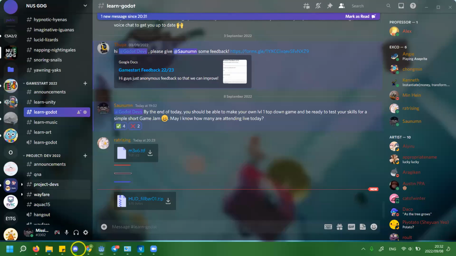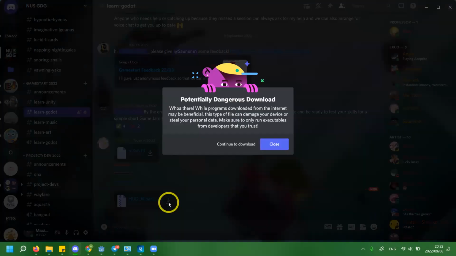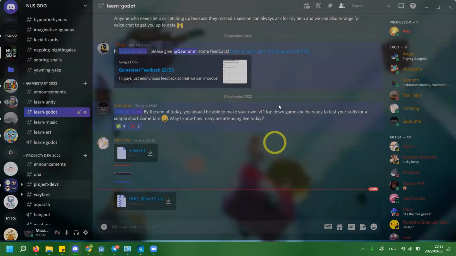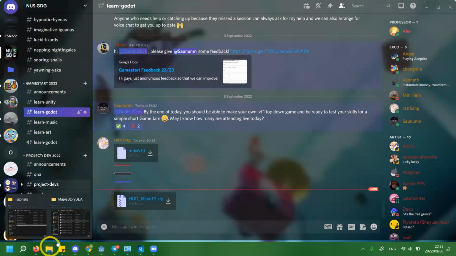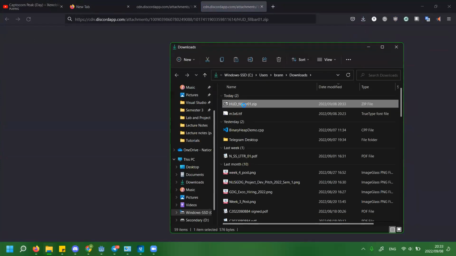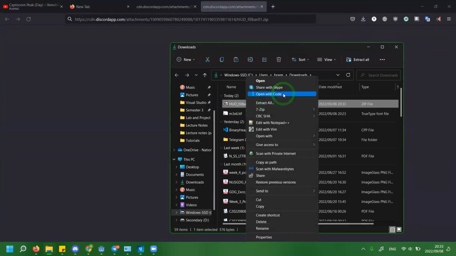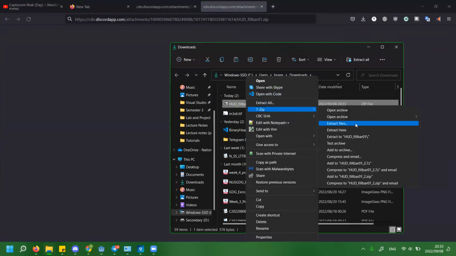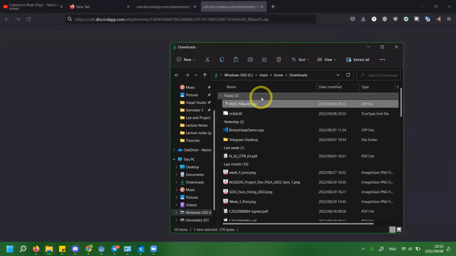Okay, so let me try and download that file. Okay, potentially dangerous download. Did I download it? Okay, extract it and